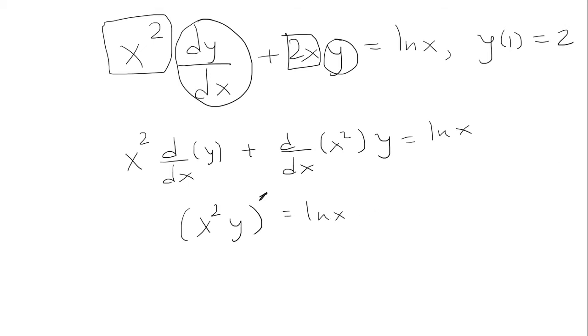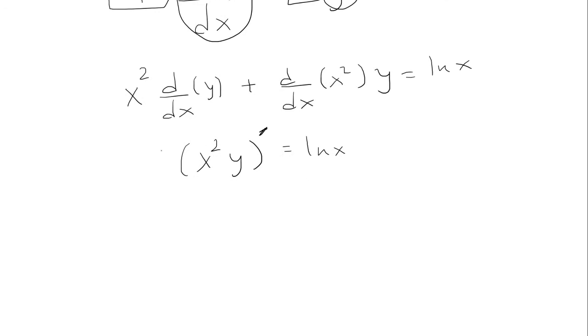And now I want to undo this derivative. Okay, so how do I undo it? I take the integral. And I technically need dx here. So the integral is going to cancel out the derivative. So I have x squared y. And now I want to take the antiderivative of ln of x, which is x ln of x minus x